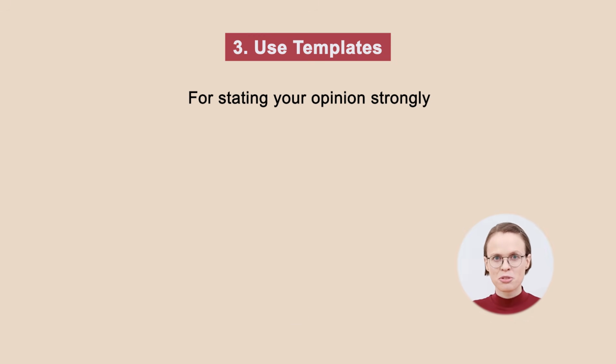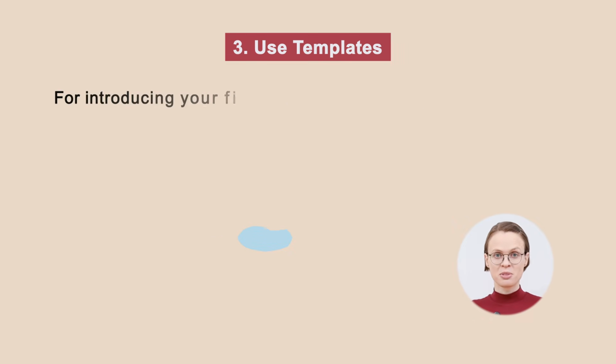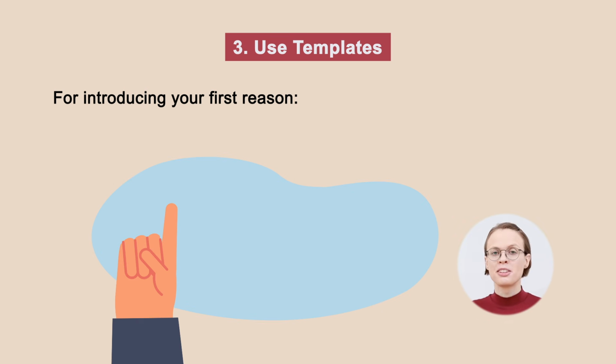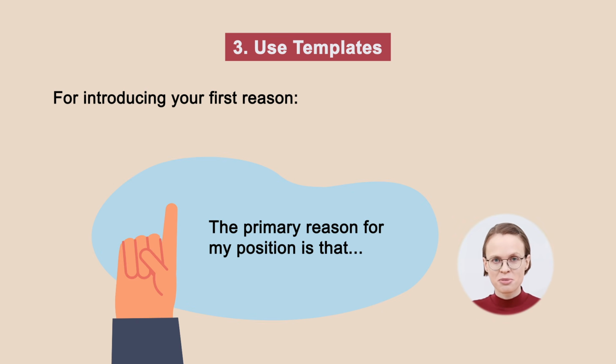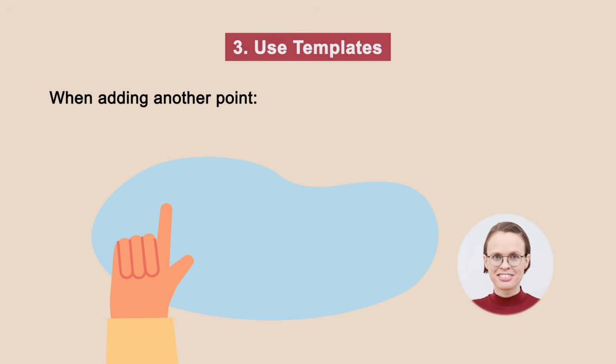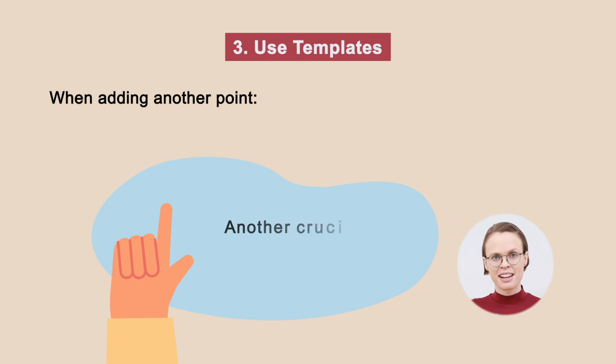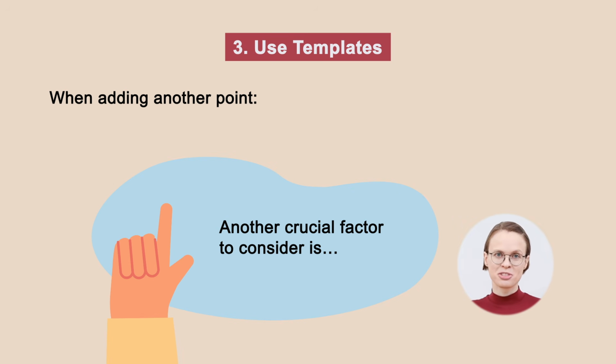For stating your opinion strongly, you could use this sentence starter. I firmly believe that. For introducing your first reason, you could use, the primary reason for my position is that. When adding another point, these are excellent sentence starters. What hasn't been mentioned yet is. Another crucial factor to consider is,